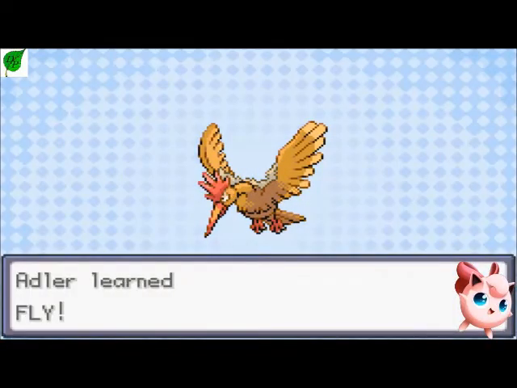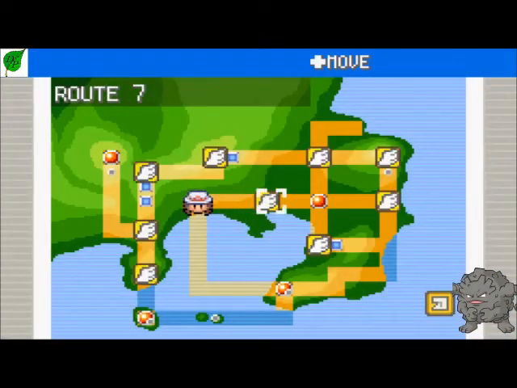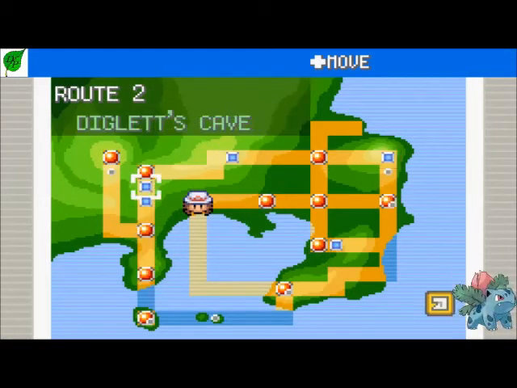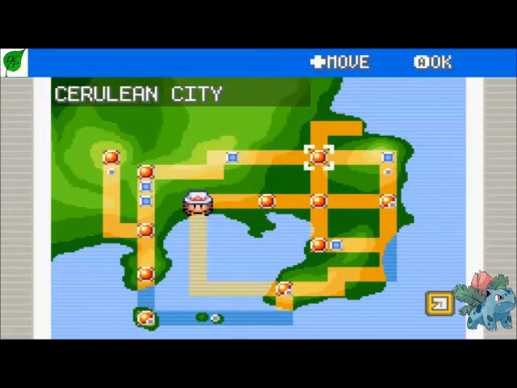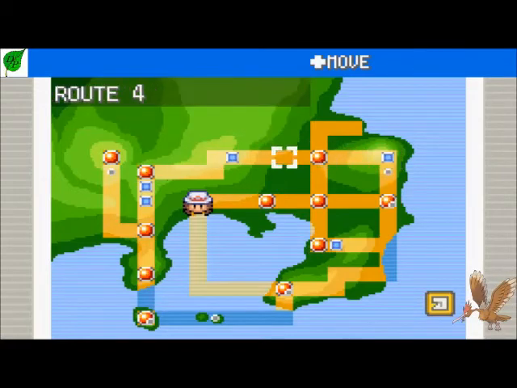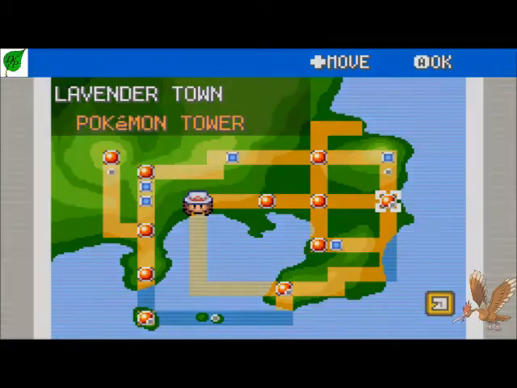Boink! We can fly, even though you're a bird with huge wings. Now you know how to fly. And to demonstrate, all the places with the wing icon are places you can fly to. You can only fly to towns. You can't fly to Diglett's Cave or Viridian Forest or Mount Moon or Rock Tunnel. It only goes to towns. Now we're gonna go all the way back to Lavender Town